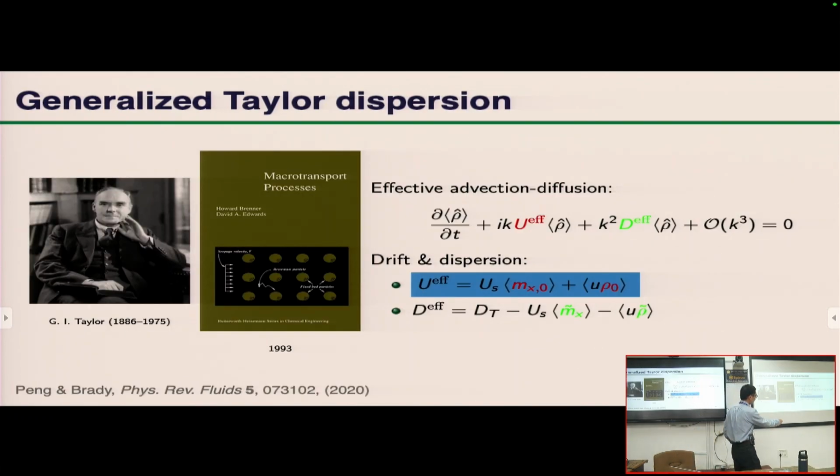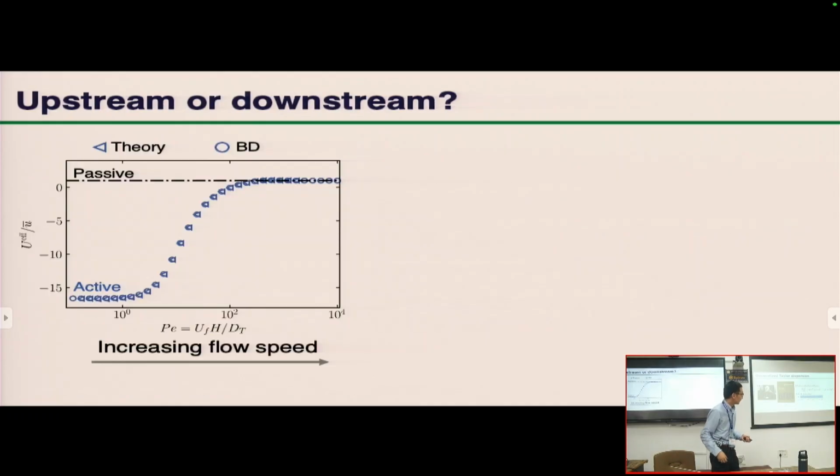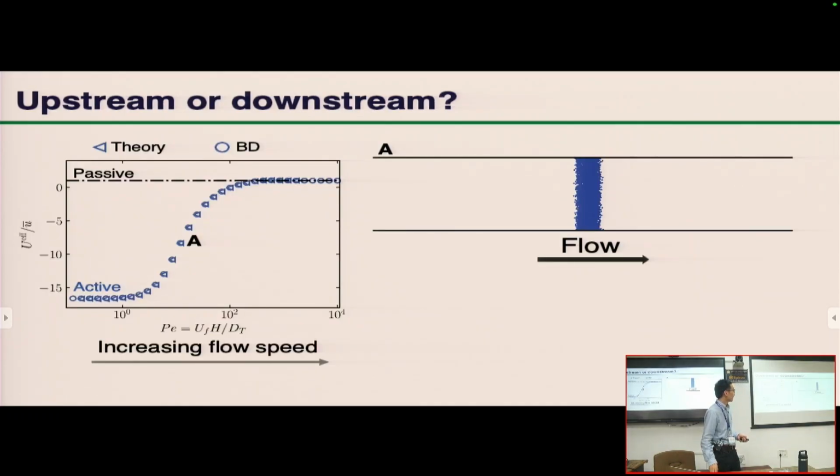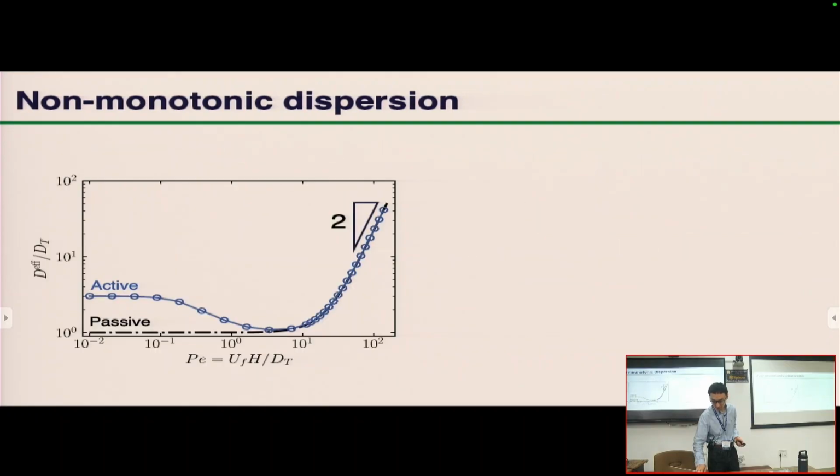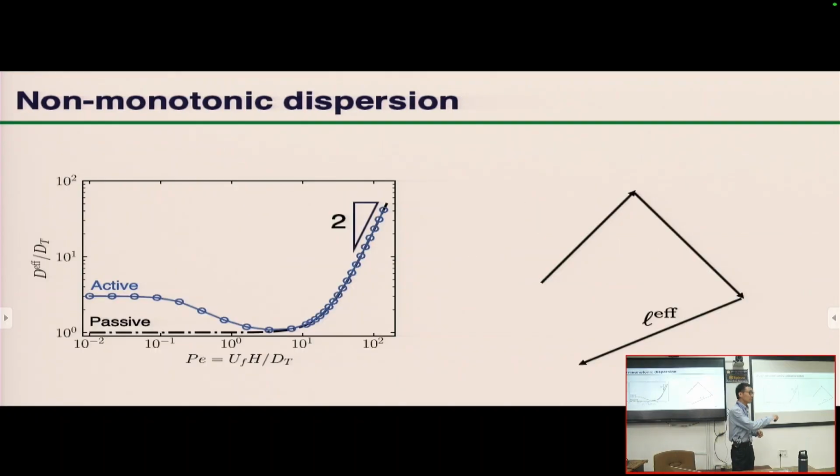notice we have this term here. That's the swim diffusivity, right? The fluctuation in the swimming motion. But because you have flow, particles cannot just take their free run length anymore because they're influenced by the flow. The flow will turn them faster or slower depending on how fast the flow is. So effectively, their step length is going to be affected by the flow. So if we go back to this plot here,